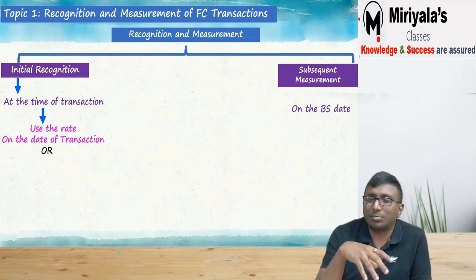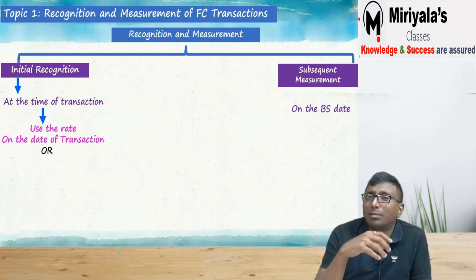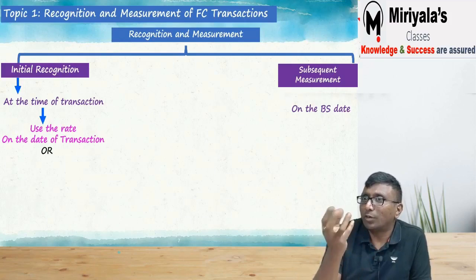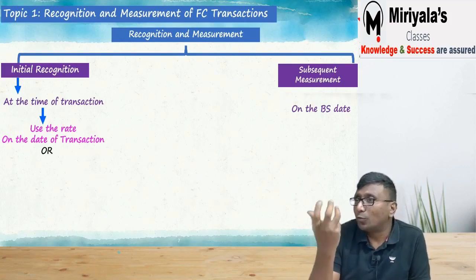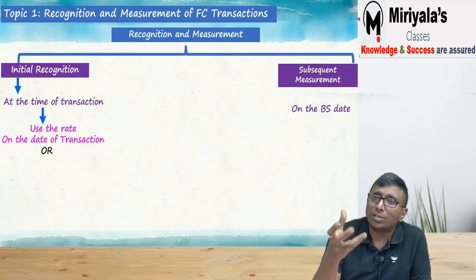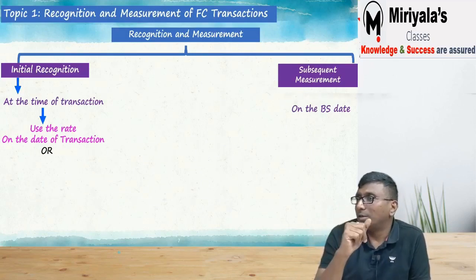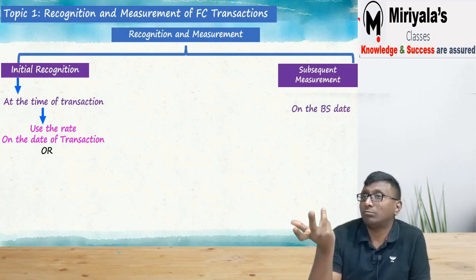But my dear, actually, sometimes what happens, it becomes practically difficult. Say for example, I'm not dealing with just a dollar. I'm dealing with 25 currencies. I told you, a company in Singapore. Correct? 25 different currencies are coming in, going out. Every day, 25 currencies means 25 different rates. If you ask me to update on a daily basis, it will become practically difficult. That's why the standard says,